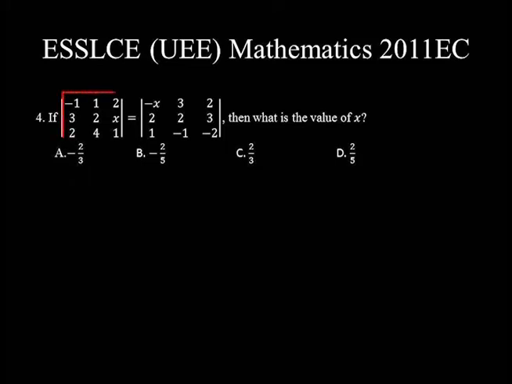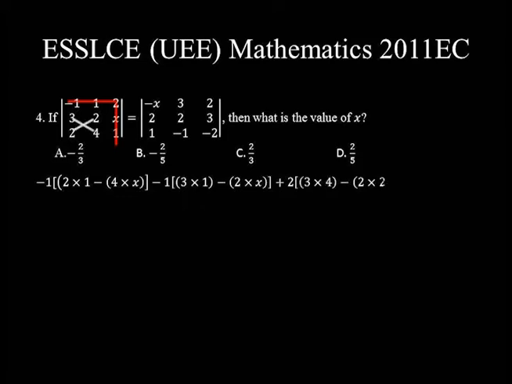The determinant of the left matrix is equal to negative 1 times, we cross out row 1 and column 1, we are left with 2 times 1 minus 4 times x, minus 1 times, cross out row 1 and column 2, we are left with 3 times 1 minus 2 times x, plus 2 times, in this case cross out row 1 and column 3, then we are left with 3 times 4 minus 2 times 2,